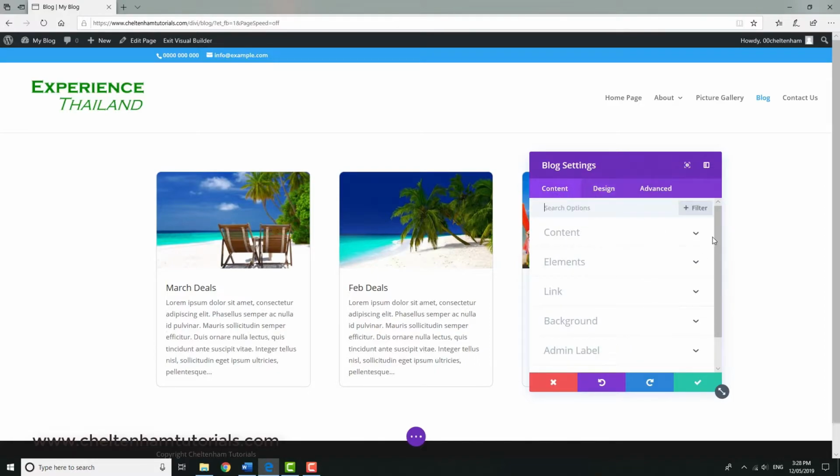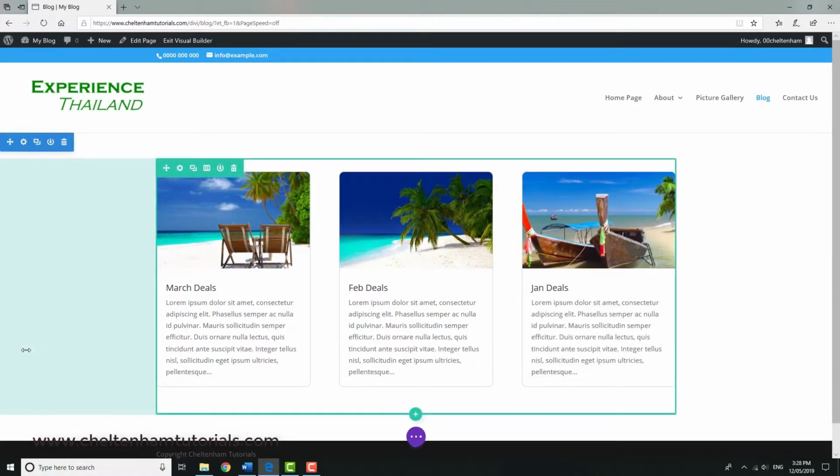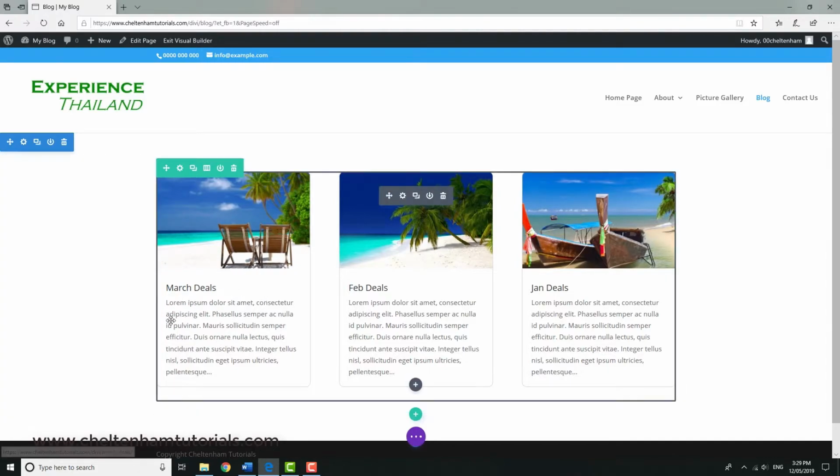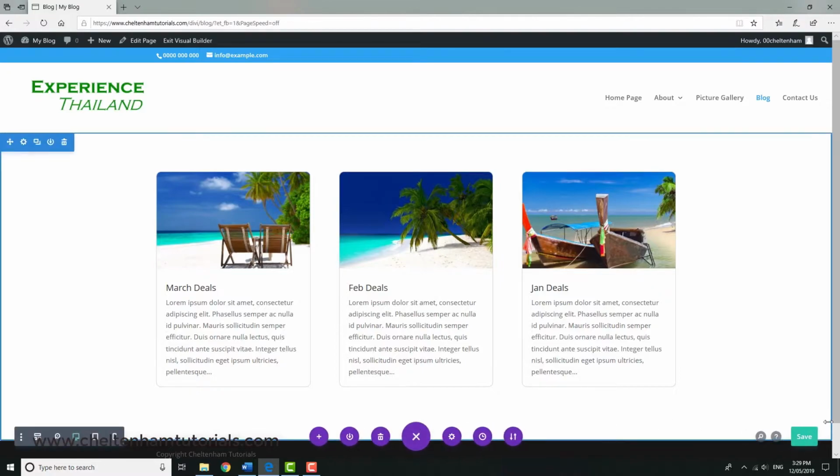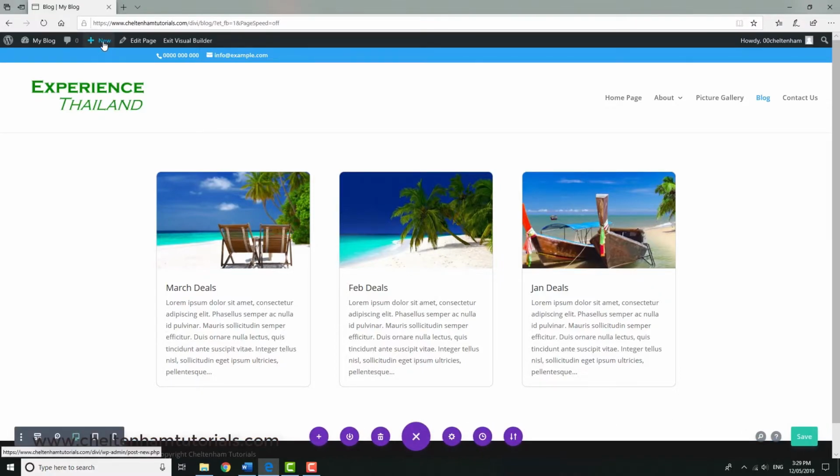So there's not an awful lot to it, but really, as I said, your best bet is to use that grid option. So for the sake of changes, that's what it's going to look like. And the whole idea of this blog page is that it displays the latest blog post here. So if I go and save my changes, and then go and create a new post,